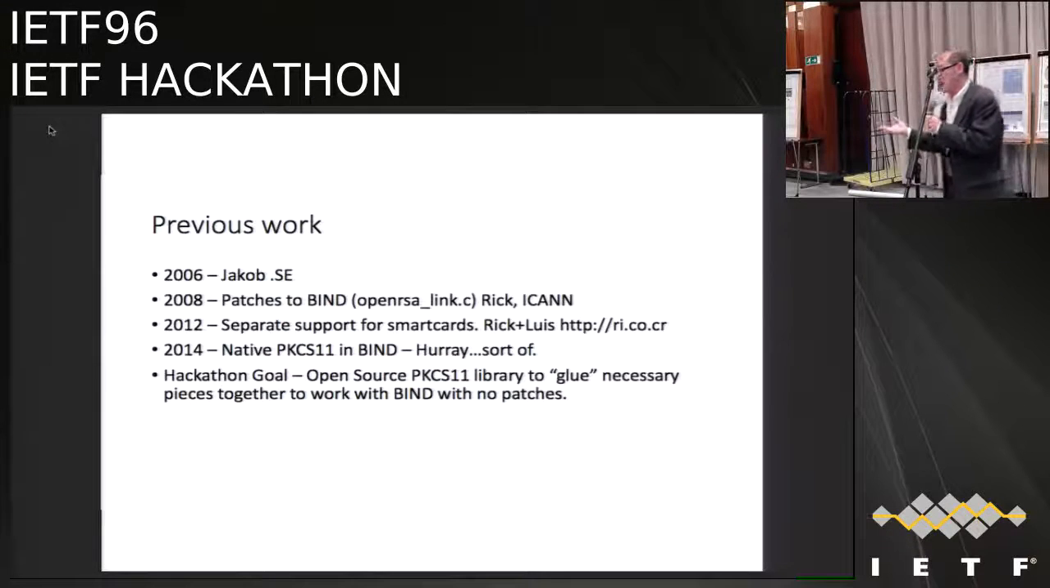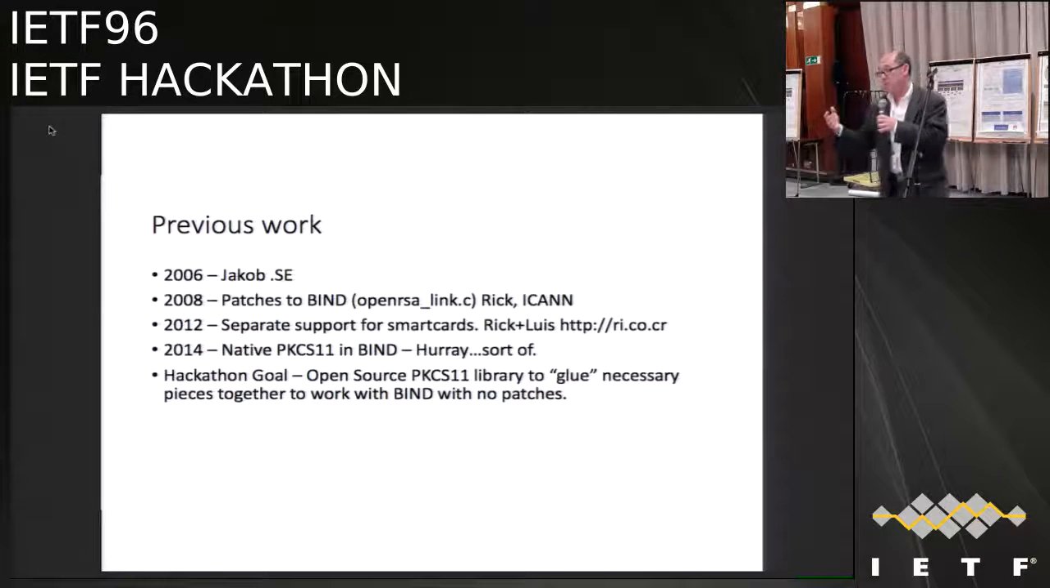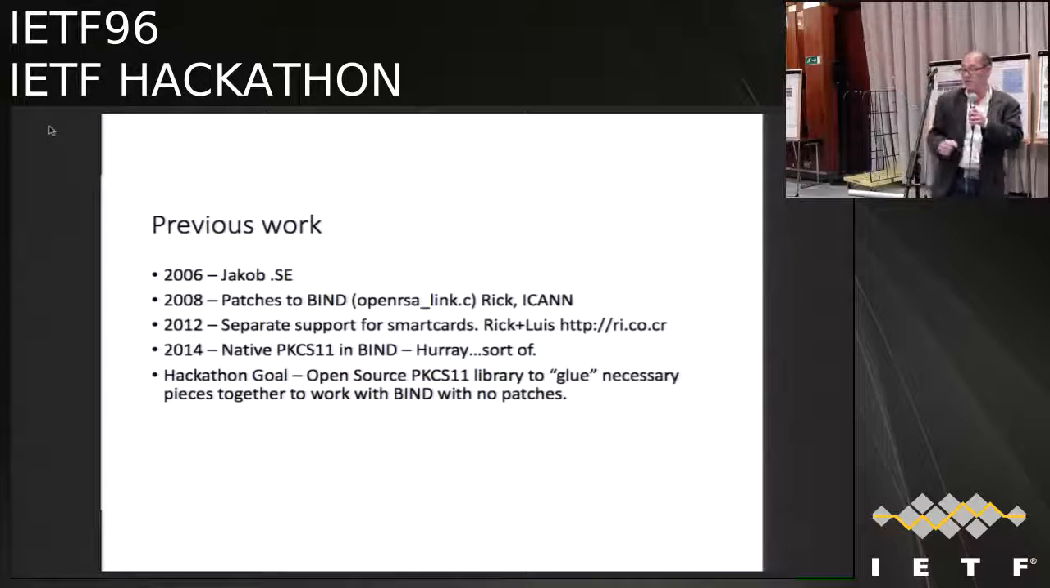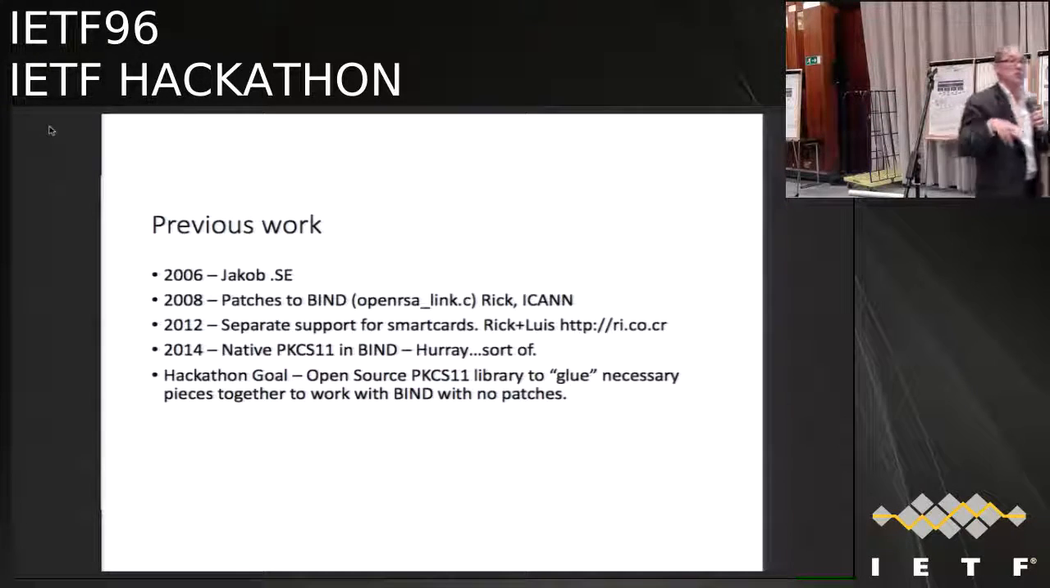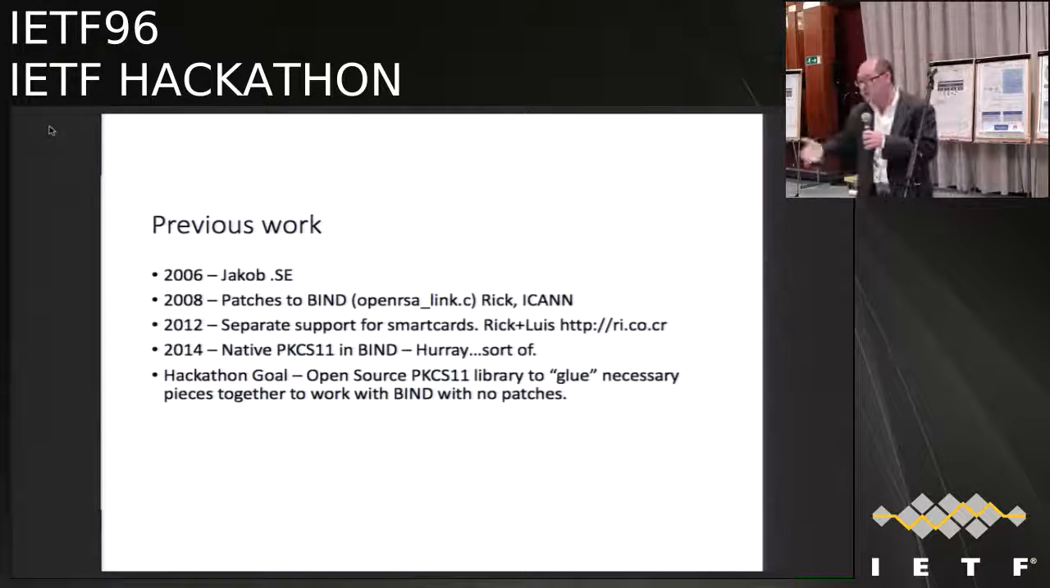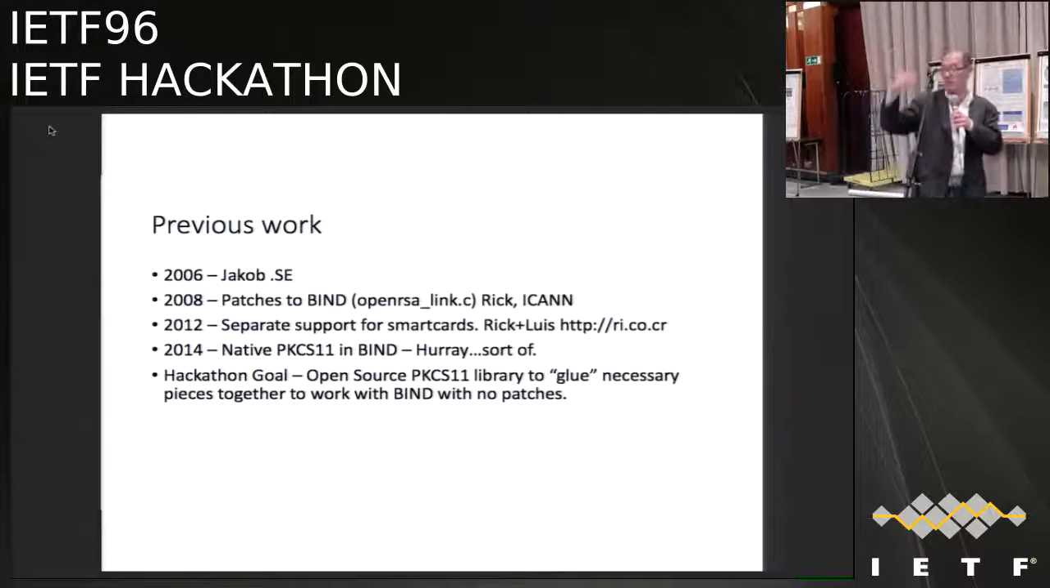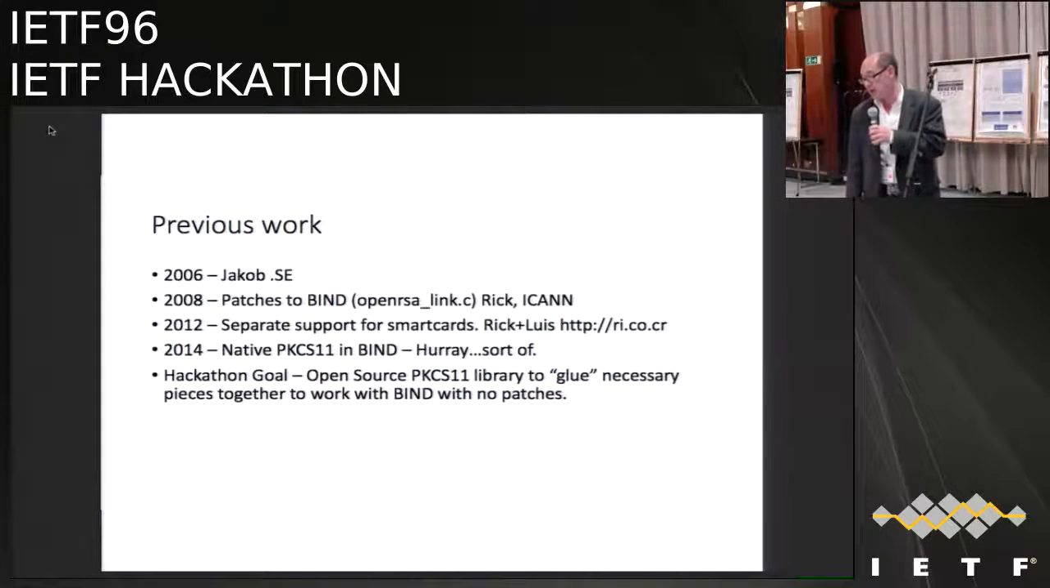There have been patches to BIND that I've had out there for a while. A friend of mine, Luis Espinoza from NIC.CR, does this. A couple of ccTLDs actually use smart cards for exactly this purpose. But they have to continually patch BIND and other software to make this stuff work. I know there are some software packages that actually do support this natively, but BIND does not, and that's one of